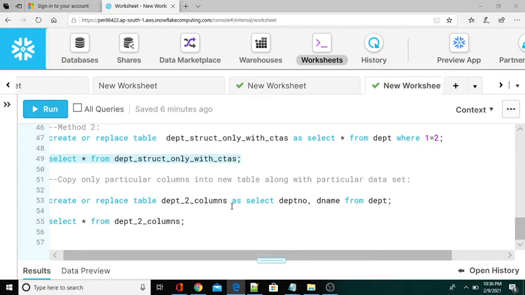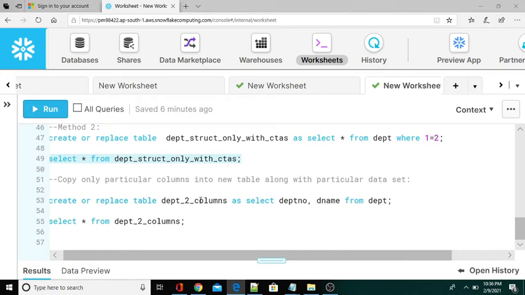And then another way to create or duplicate a table: copy only particular columns into a new table along with a particular data set. That means you can create a table with one column or two columns, like that, if I don't want all the columns from the original table.